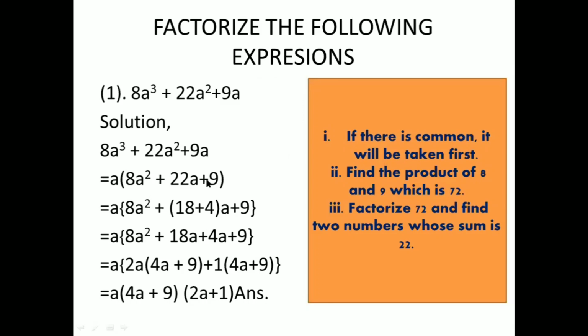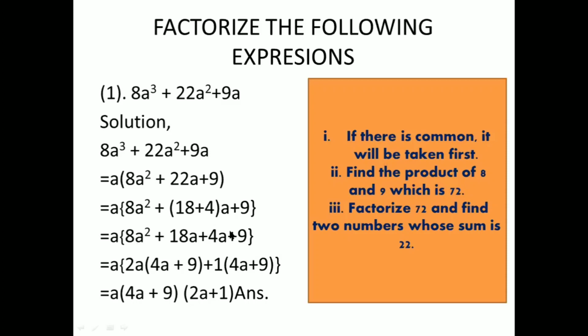After that, now what do you have to do here? Look here. First of all, we have to multiply 8 and 9. 8 nines are 72, and that is plus. That's why we have to get this 22 by adding two numbers whose sum is 22 and whose product must come 72. 18 plus 4 is 22, and 18 fours are 72. Then that should be kept in mind. 18 into a, 18a, 4 into a, 4a. We remove the bracket. Now there are four terms.